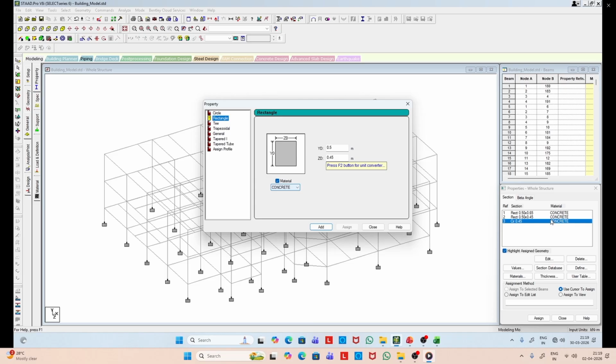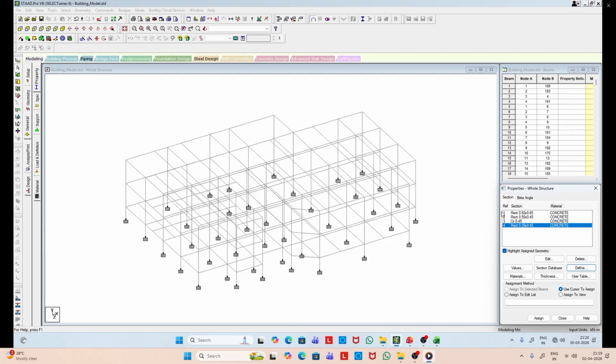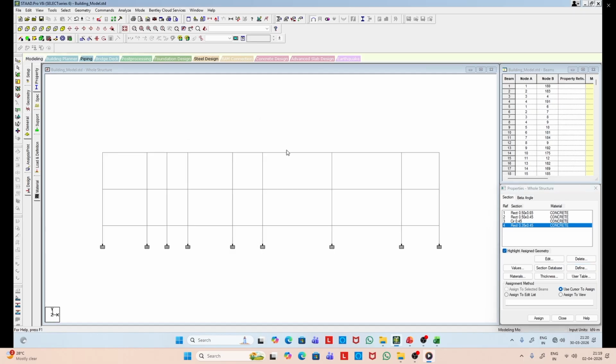That is also possible. We have to define two different concrete properties, and then from this drop down menu of the material, we have to select the appropriate material. Right now we have one concrete material that we are going to use. So you can see different cross sections are created, rectangular cross sections of different dimensions, and then circular cross sections. Now we have to apply these cross sections.